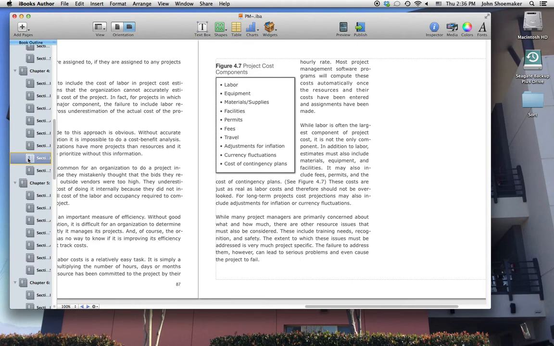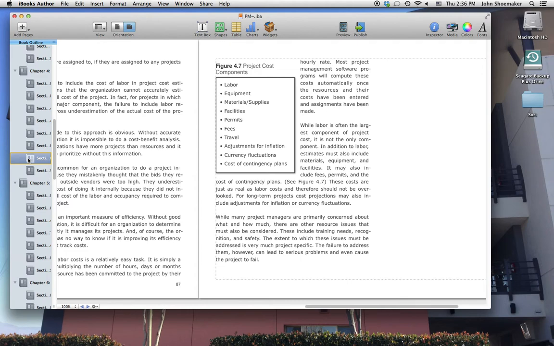But those of you who are in manufacturing may find that equipment is also a major cost of your project. In construction, materials and supplies are often major costs. Facilities, permits,